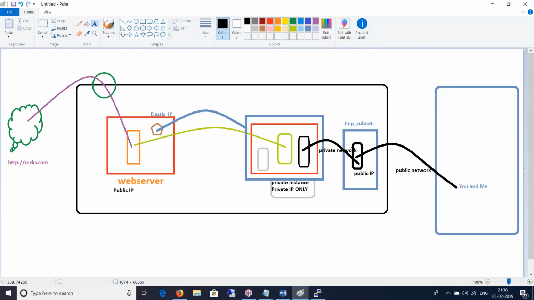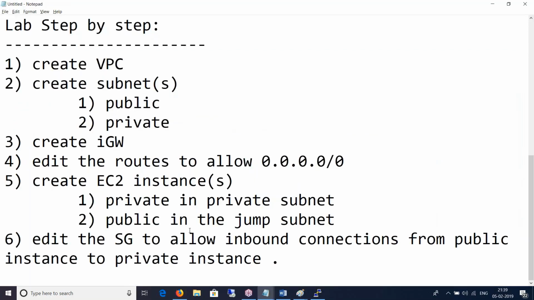Because if you look at the picture, I am connecting from the public instance to the private instance, so it must be inbound here. The traffic goes outbound from the public instance to the inbound of the private instance, and we never care about the outbound security group rules, because they're always allowed. All the rules, all the ports are allowed, and inbound rules are more restrictive. So I'll allow inbound connections from the public instance to the private instance.